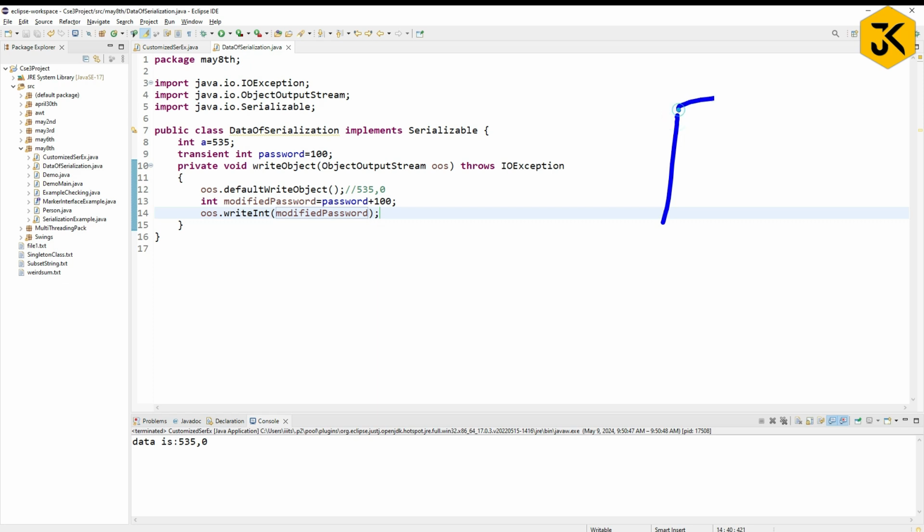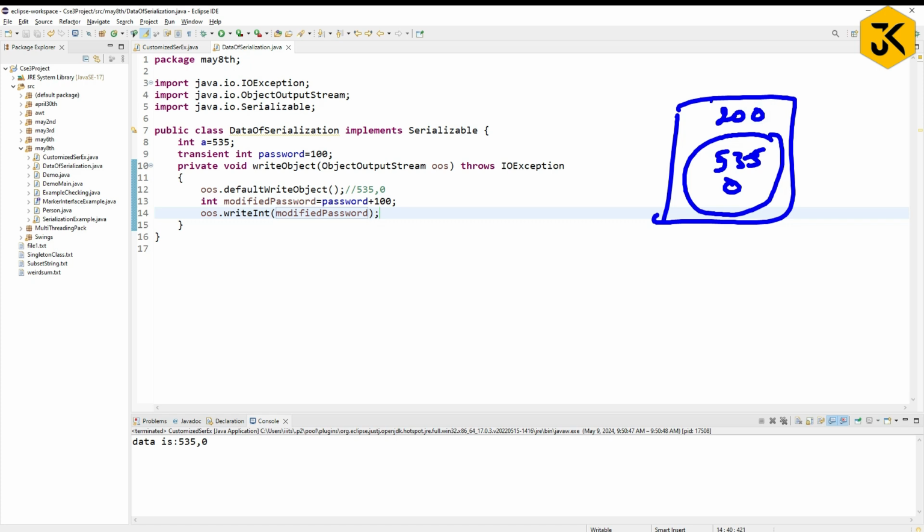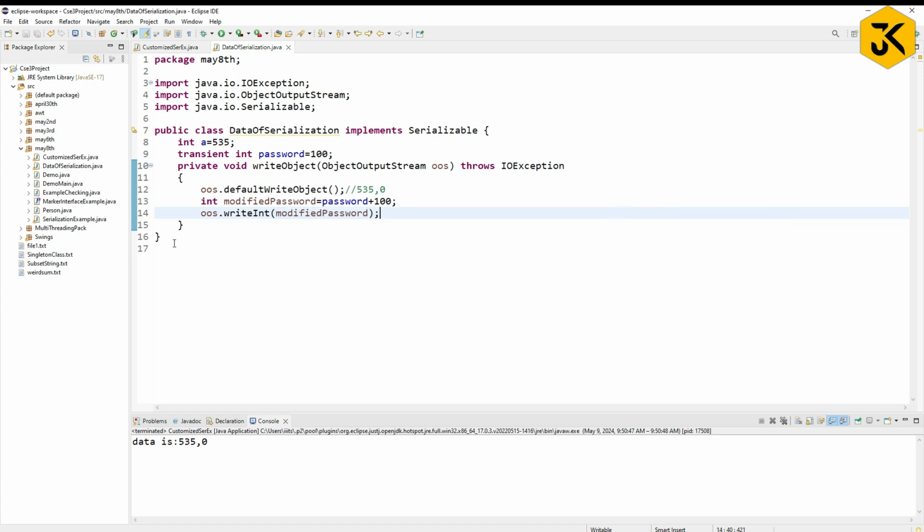In the object, 535 comma 0 are serialized, and in the non-serialized location you are going to get the value as 200, with the variable name as modified password. Okay, fine. Similarly, while performing deserialization, the read object method is going to call once again this predefined read object method,